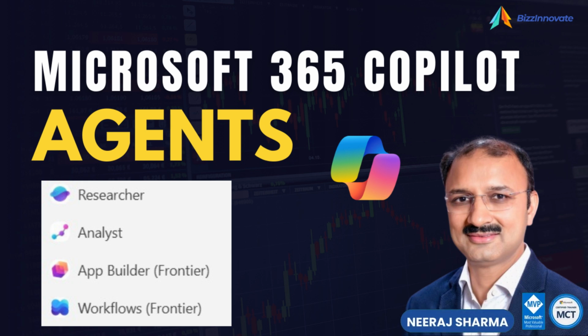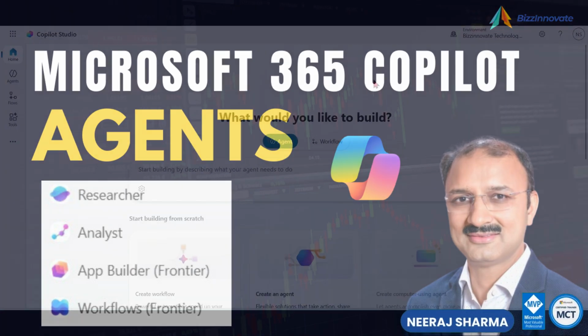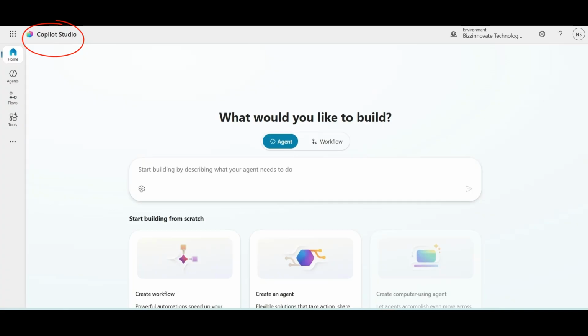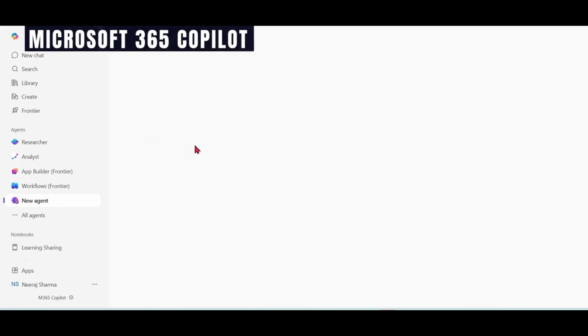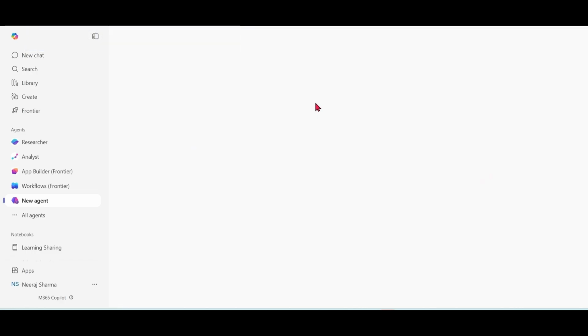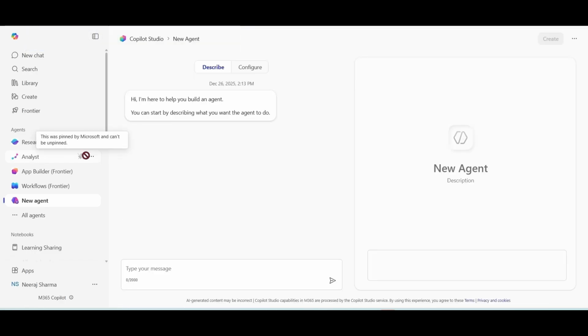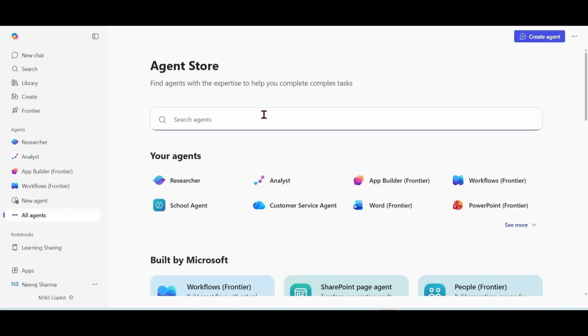Hello everyone. You can create agents in Copilot Studio. You can also create agents in Microsoft 365 Copilot. Do you know that Microsoft 365 Copilot also includes various pre-built agents? This video covers Researcher, Analyst, App Builder, and Workflow Agent with hands-on demonstration, and in the last we will compare all